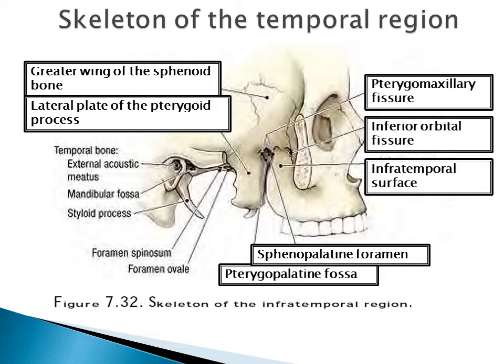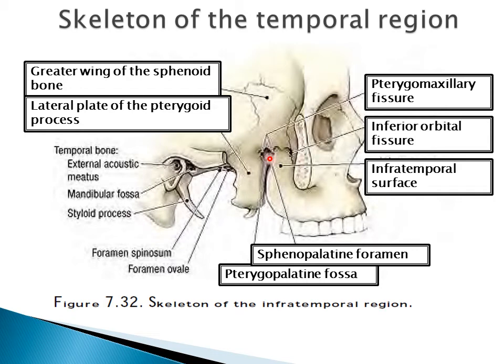So if you were now to remove the mandible from the skull, you should be able to identify several structures. You should be able to identify the greater wing of the sphenoid bone, which is right here. That will contain the foramen ovale and the foramen spinosum. You should be able to identify the lateral plate of the pterygoid process. You should be able to identify the pterygomaxillary fissure, which is between the lateral plate of the pterygoid process and